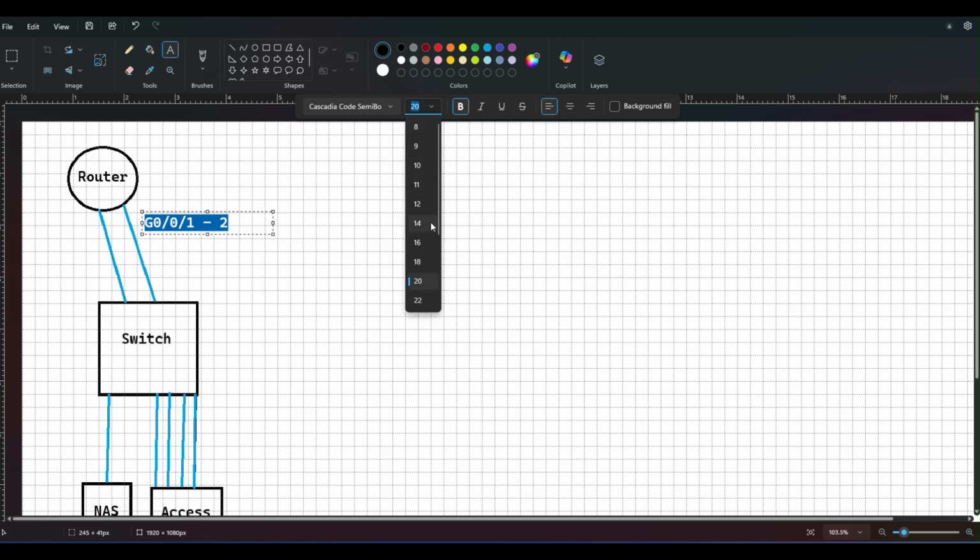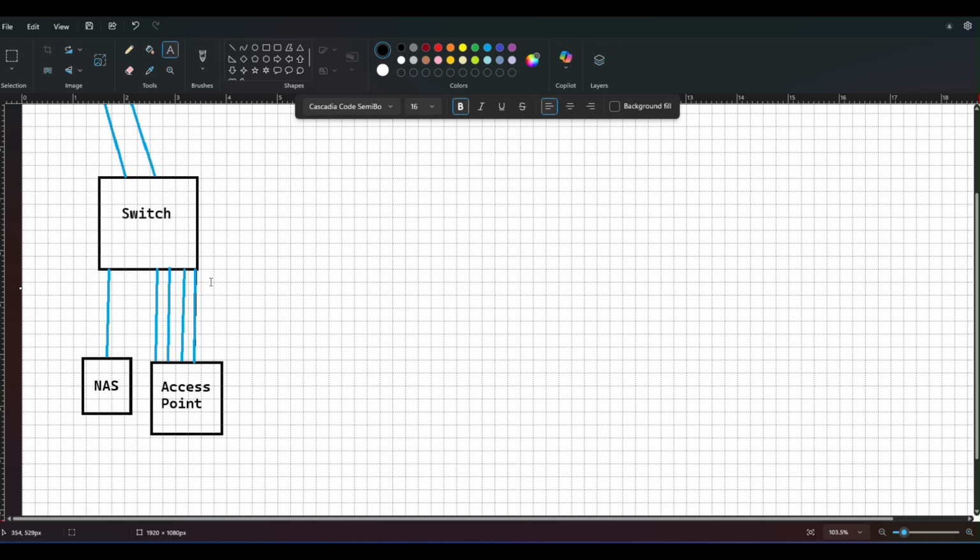Make it a little bit smaller so it's not too distracting there. All right. And then for the access point and the NAS, 48 port switch, so it'd be something cute like F0/44, port 44 through 48, for the access point,